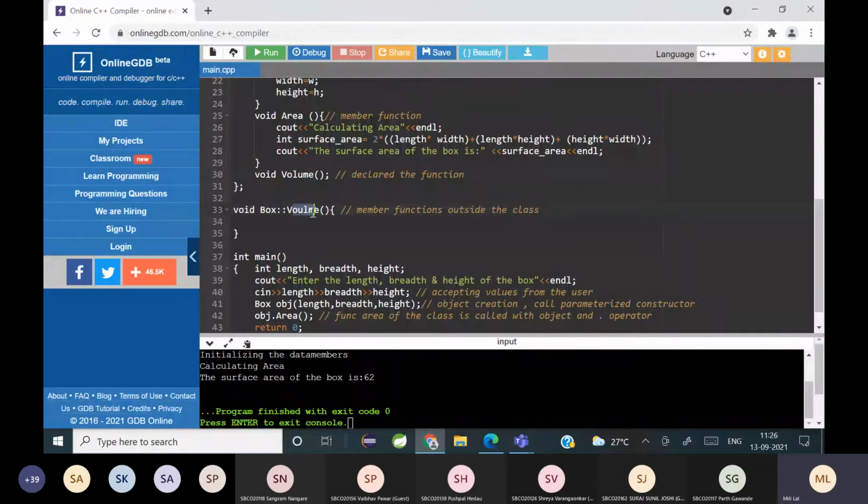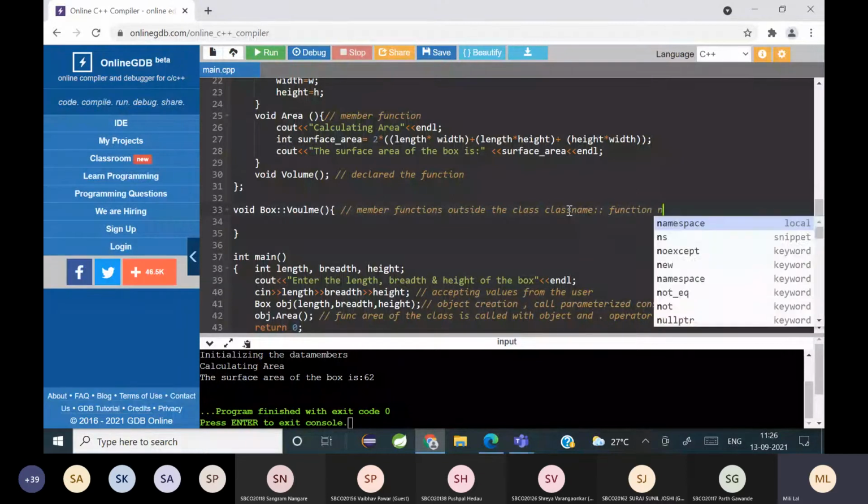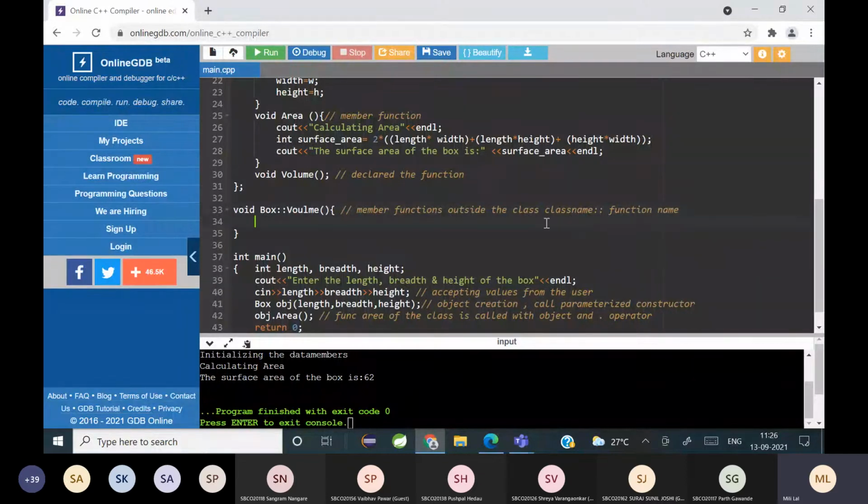So here volume, I have just declared inside the class. I haven't written the body of the function inside the class like area. So if I have to write the body outside the class, what is the syntax? The class name, then the scope resolution operator and the function name. So that is the syntax.